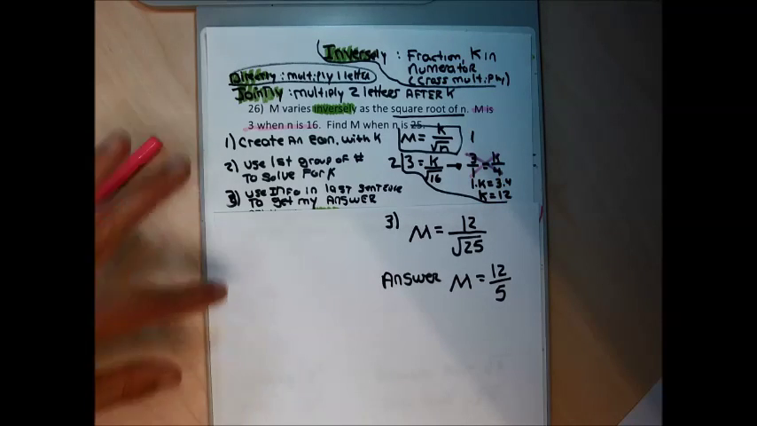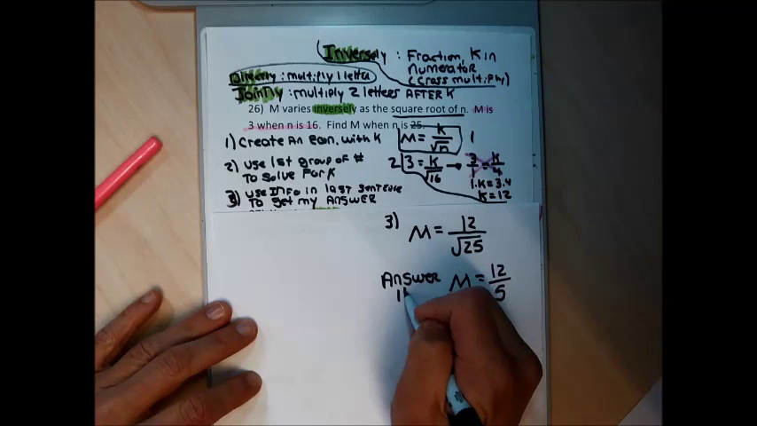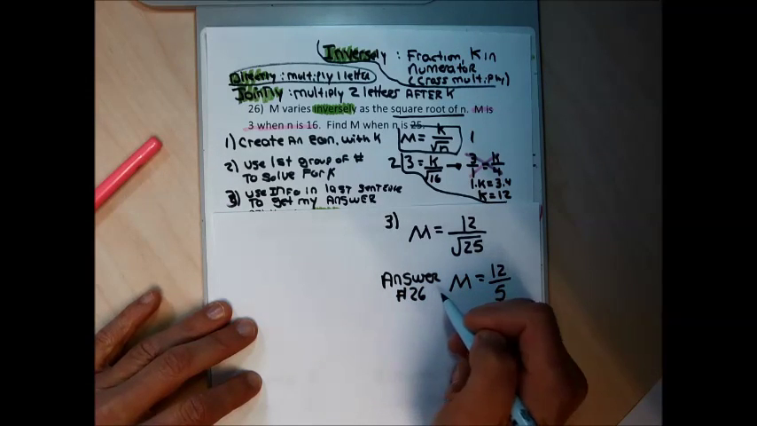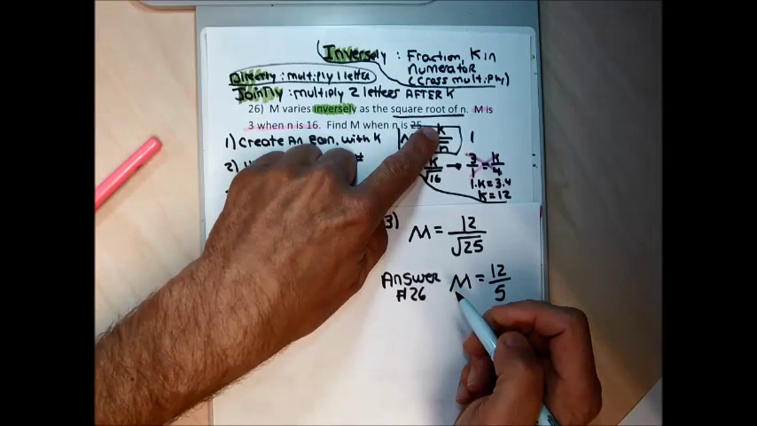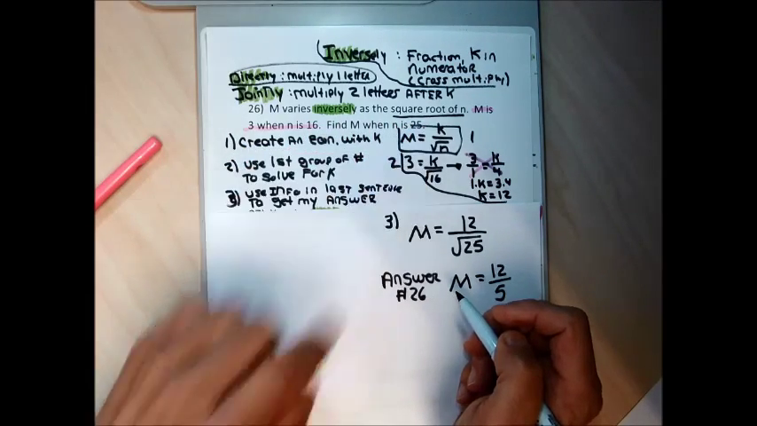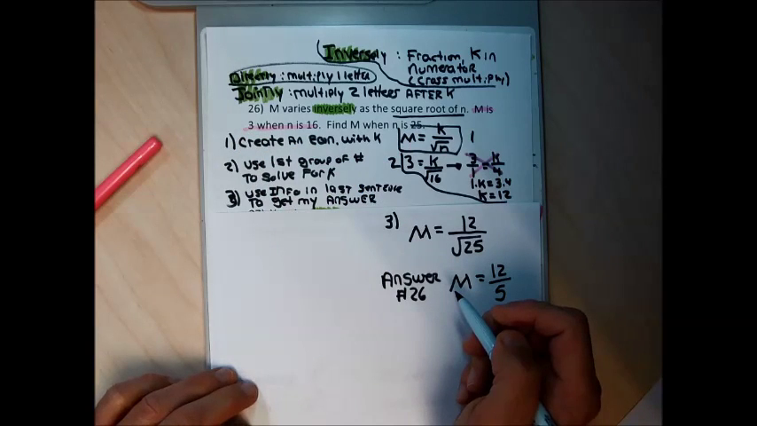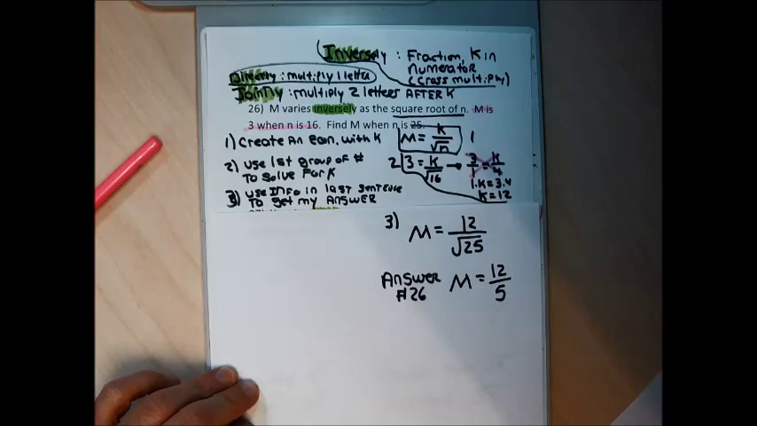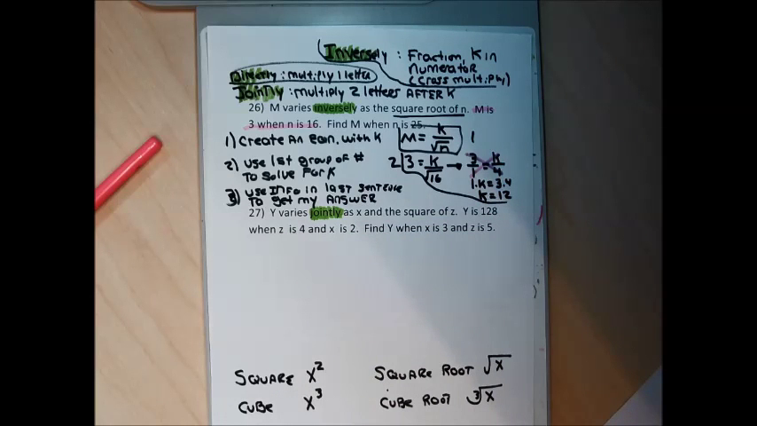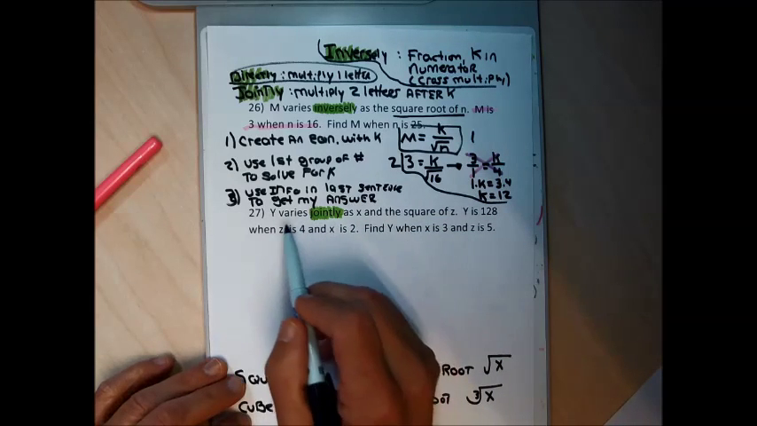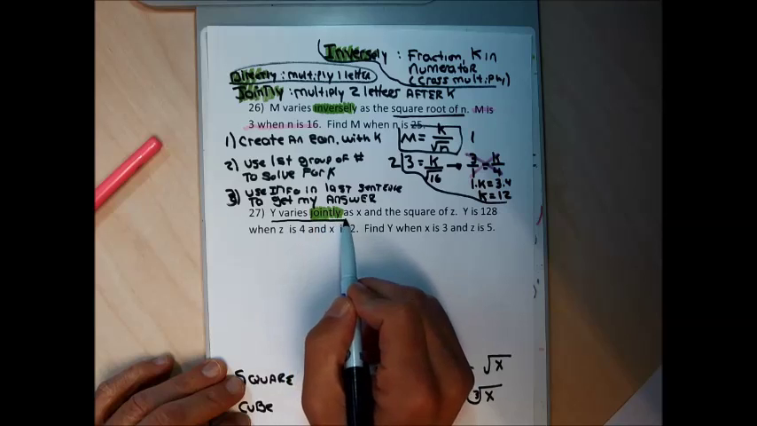All right, so that's all problem 26. This is the answer to problem 26. First, I looked at the first sentence, saw inversely, made an equation with a fraction with a k in the numerator, used the numbers in the second sentence to get a value for k, moved down to the third sentence and got my answer. For problem 27, I'm going to use the information in the first sentence to create an